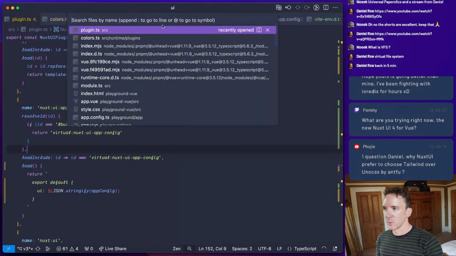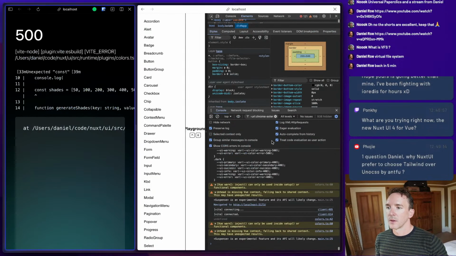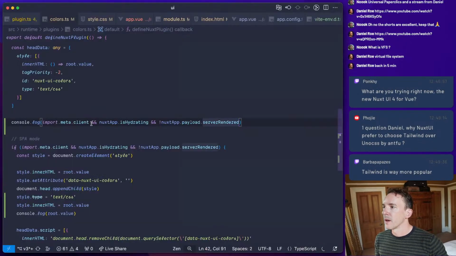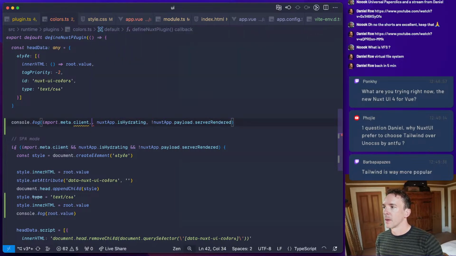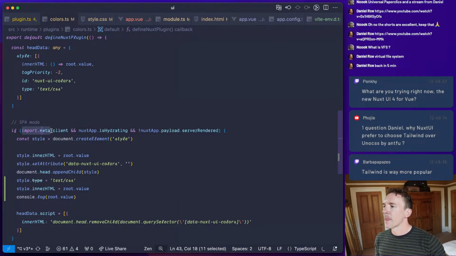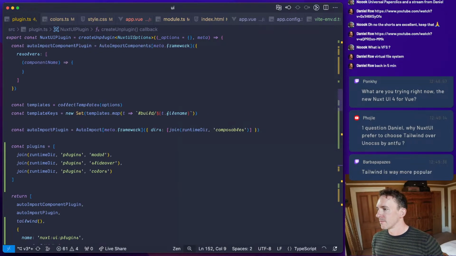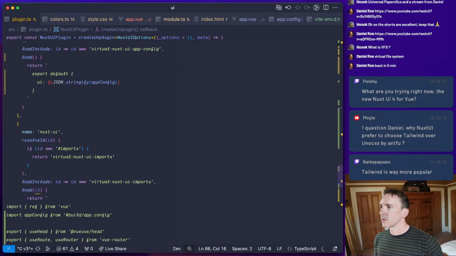Now we still have this issue with our plugin in that I guess this isn't working. So, okay, we can do that in our plugin. This is a thing that Nuxt requires.